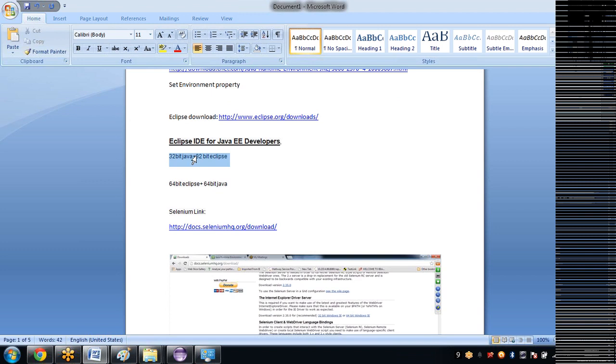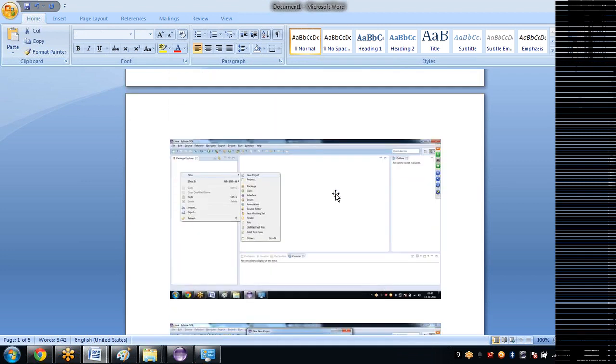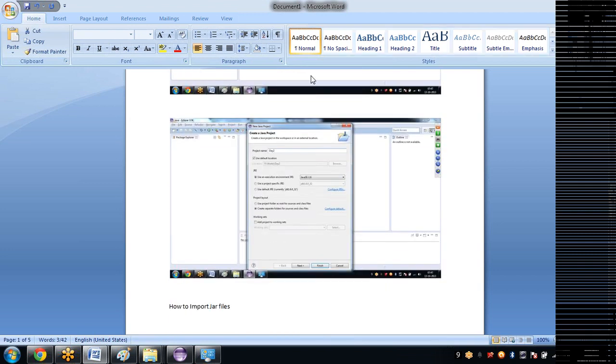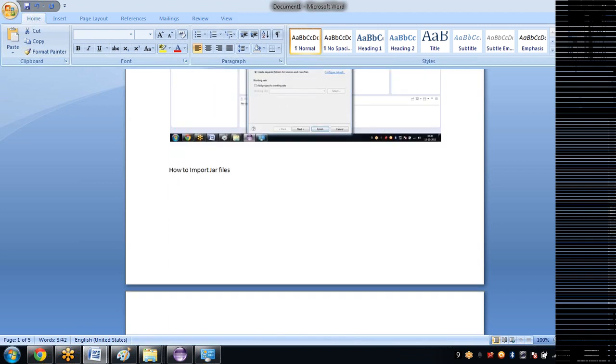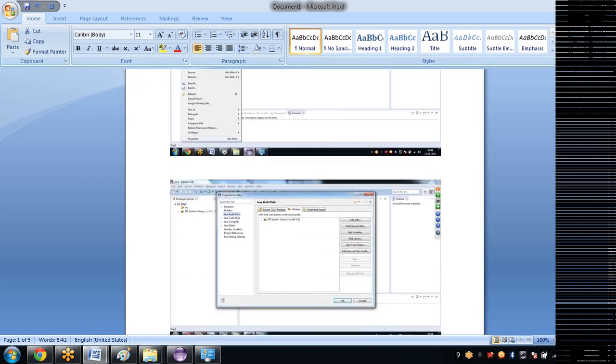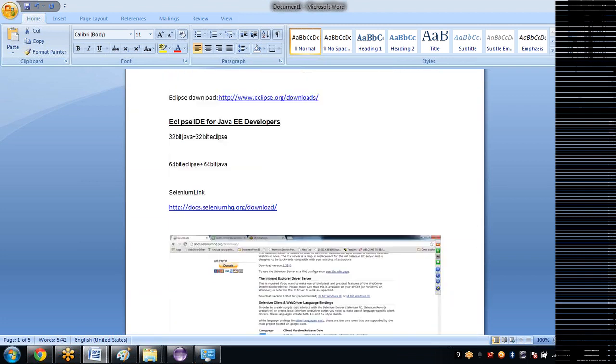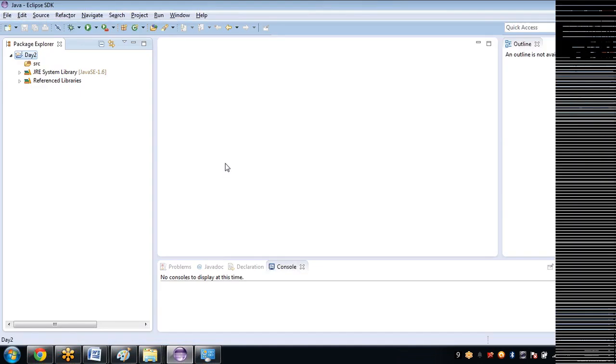Make sure the compatibility matches and then download Selenium from this link. Once you have downloaded, open Eclipse, create a project with these screenshots and go to the properties and import all the Selenium jar files. Fine? Yes, done. So the downloading part is done.